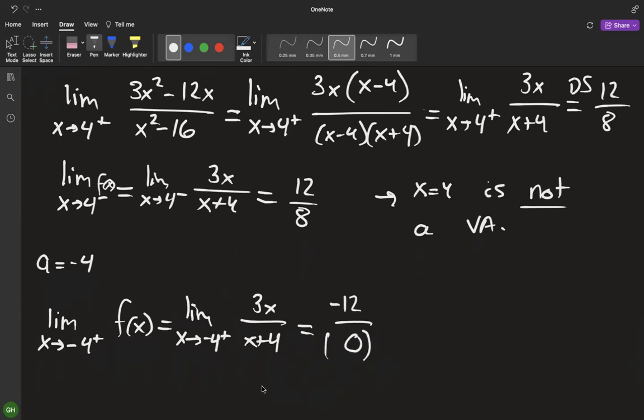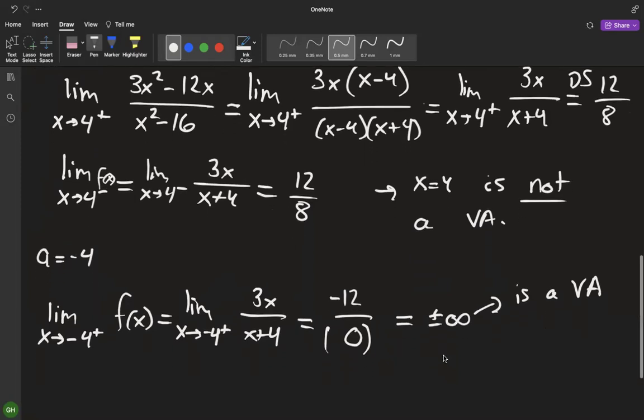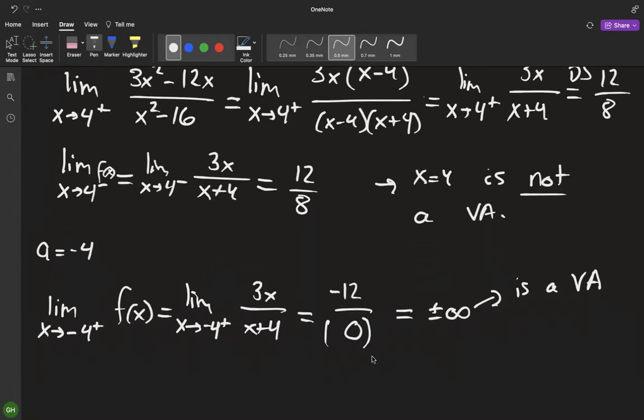And actually what I'm going to do here, we'll come back to this, but what I'm going to say is that this is plus or minus infinity. I don't know which one without testing the polarity of 0, but I know this is enough to say that this is a vertical asymptote. So you can stop here when you're doing this problem, because if it's positive or negative infinity, it doesn't matter. It's still a vertical asymptote. So you don't have to actually find the limit, but just for the sake of doing the problem, getting more